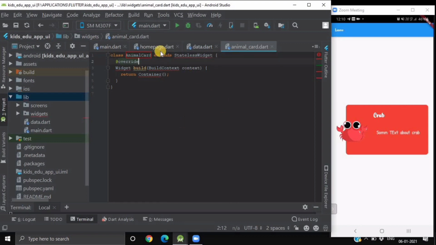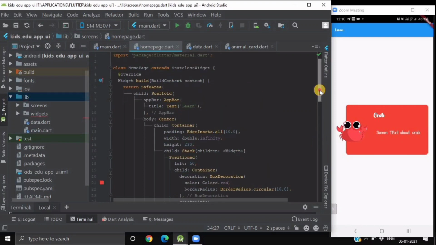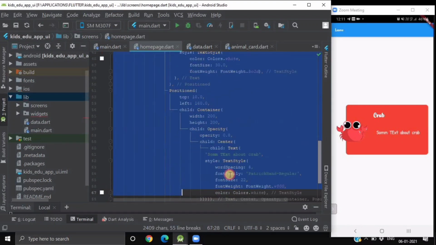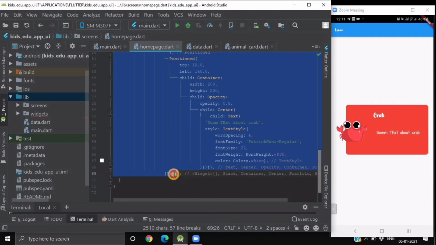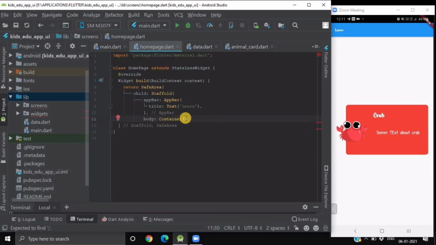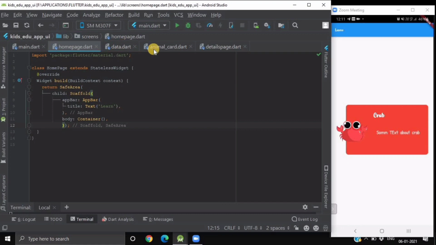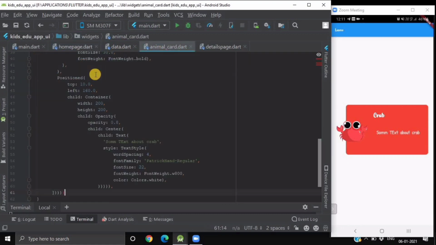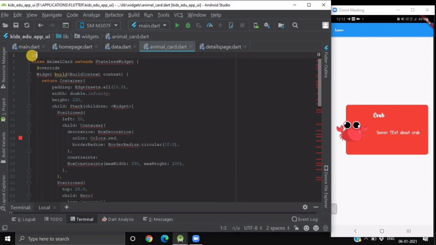Inside this, just copy paste your complete code of this particular card and paste it. And now we will also import our material.dart file.